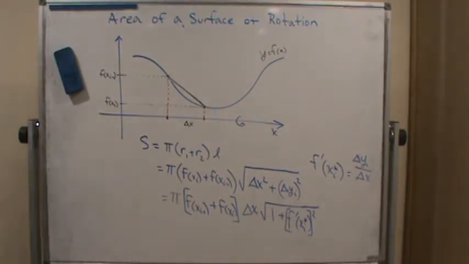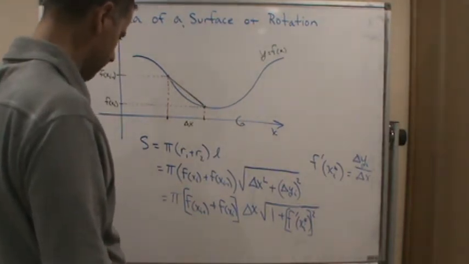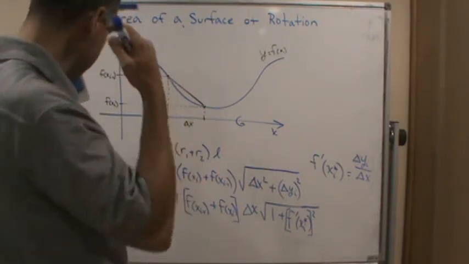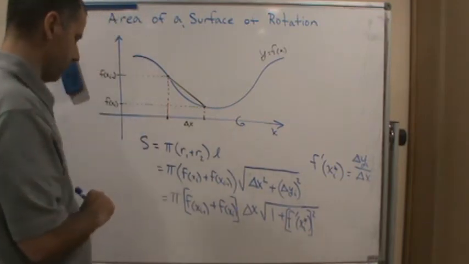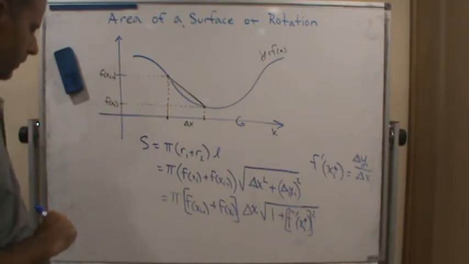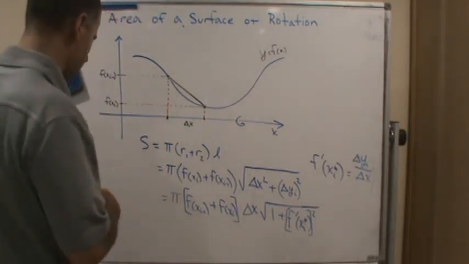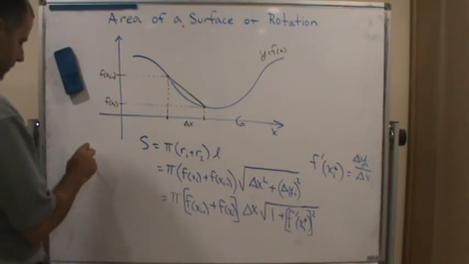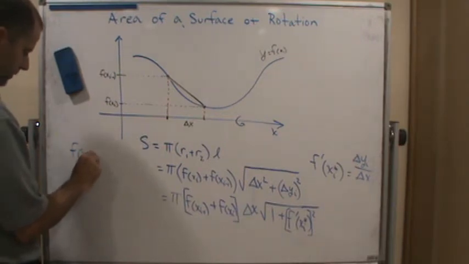So let's call it x sub I double star. There has to be some value within the interval such that f of x sub I double star